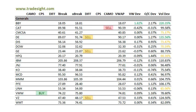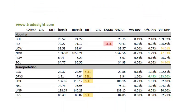As far as the generals go, the generals are definitely better for sale here. Sell indications in Caterpillar, Deere, GE, and Verizon. Definitely keep an eye on Deere. It was kind of first day up today, breaking out of a pattern, but pulled back off its high by a decent amount, closing right in and around the VWAP,